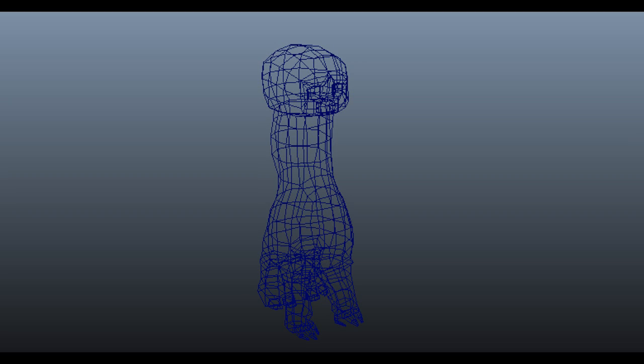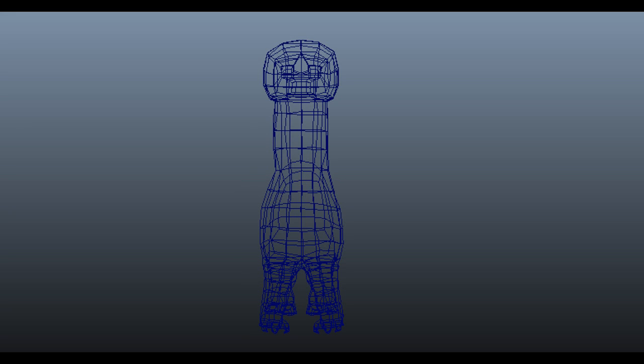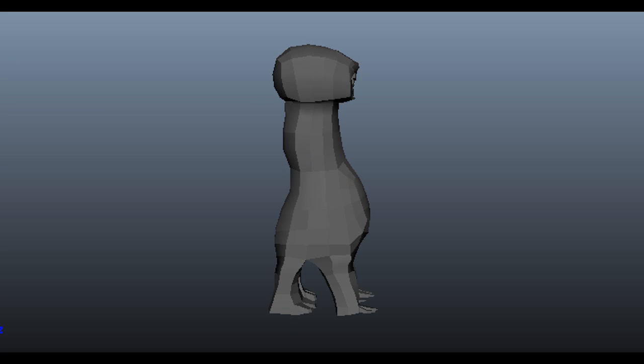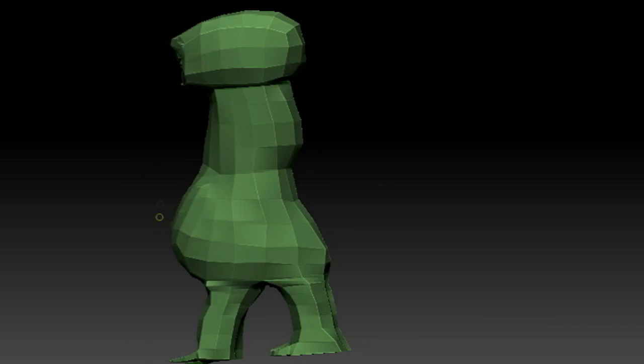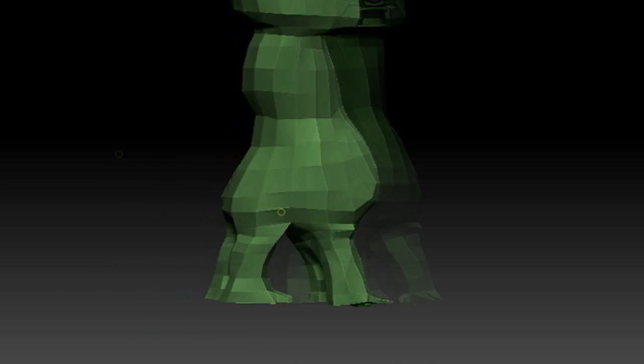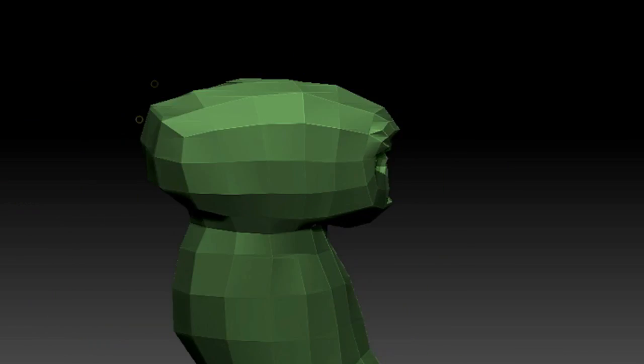I bet you if you pause the video, you can count the polygons in it, because it's that low poly. So you always start out with low poly and then subdivide your way up to the details, and finally the finished 3D model in ZBrush. So now let's take it to ZBrush. As you can see, I brought in the base mesh right here, and I basically used the move brush, and I'm pretty much moving the polygons the way I want them to be.